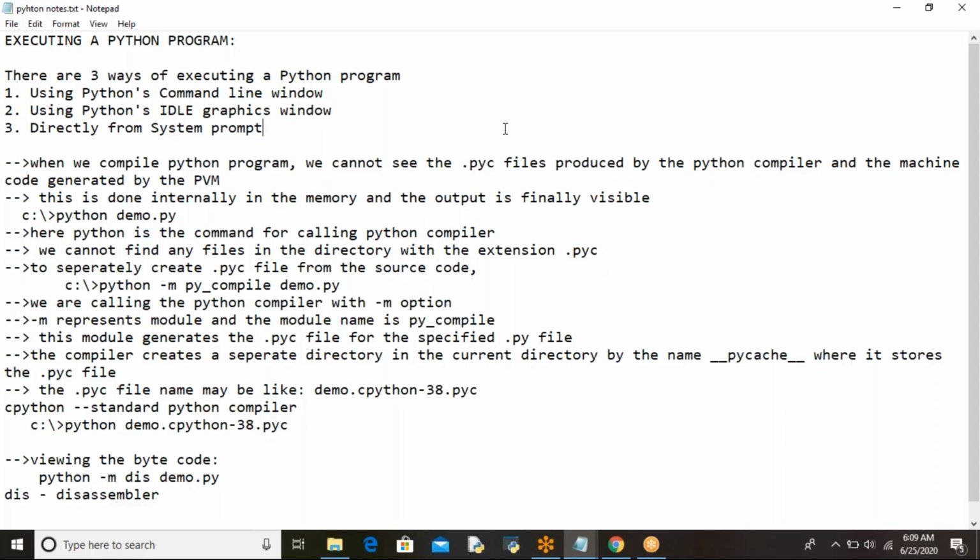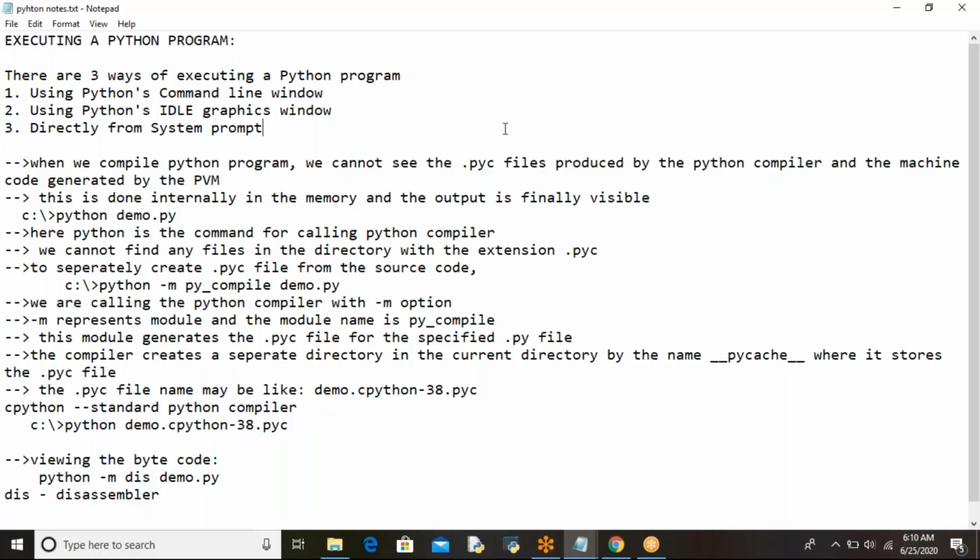So in yesterday's session, we discussed how to install Python software, how to install other packages like NumPy and Pandas, and how to view the path. At the time of installing the Python software itself, we selected one checkbox where the Python path is automatically added in the environment variables. So that is done automatically. But again, we have seen how to view the path, whether the path is set properly or not.